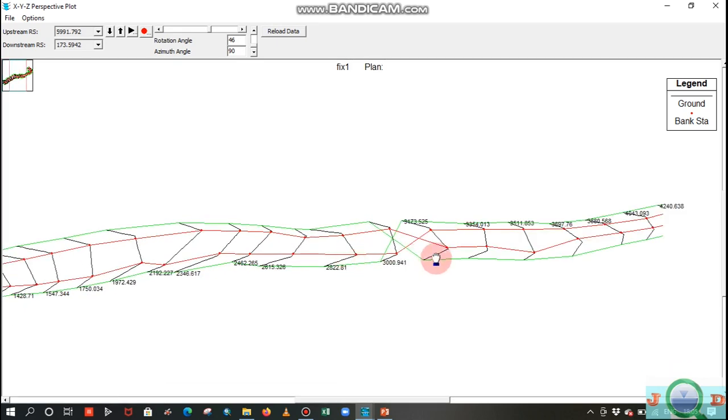You need to fix this crisscross section in your river network, and it can be done by reversing the stationing in the geometry. I will do that now. Let me show you how to do that.